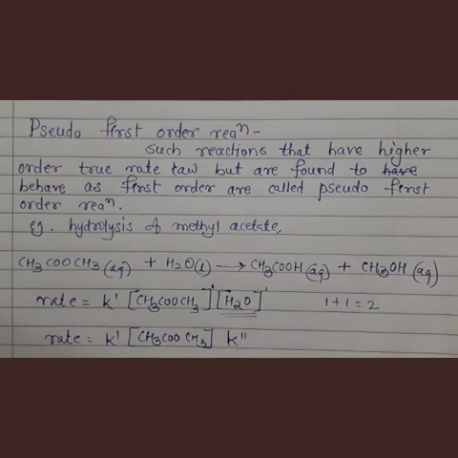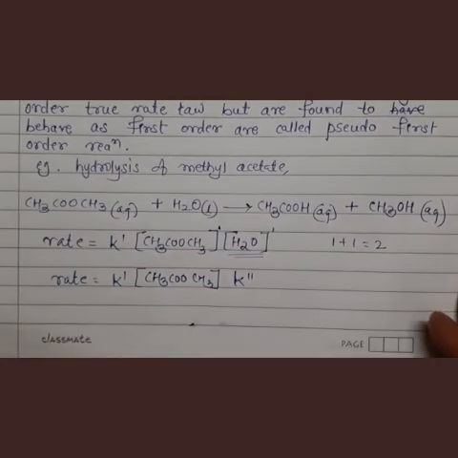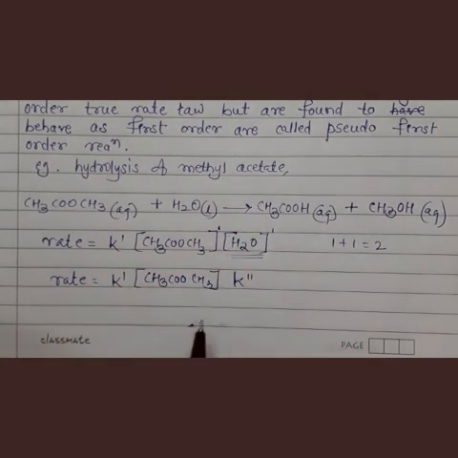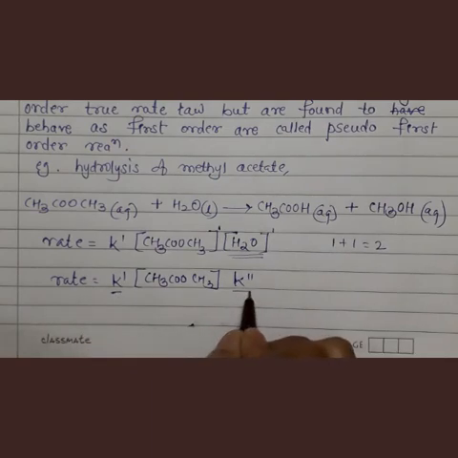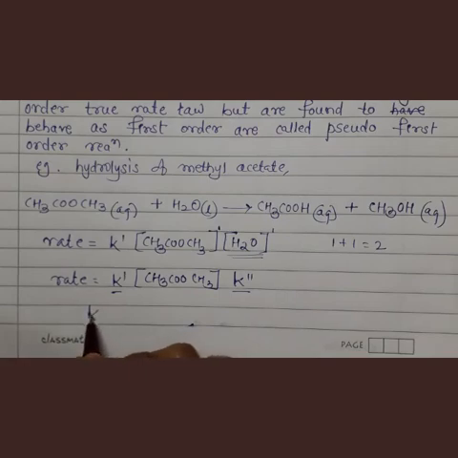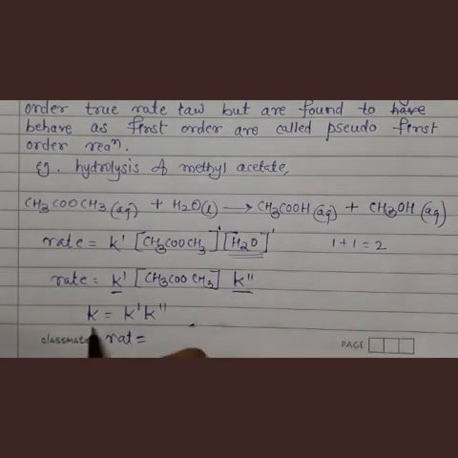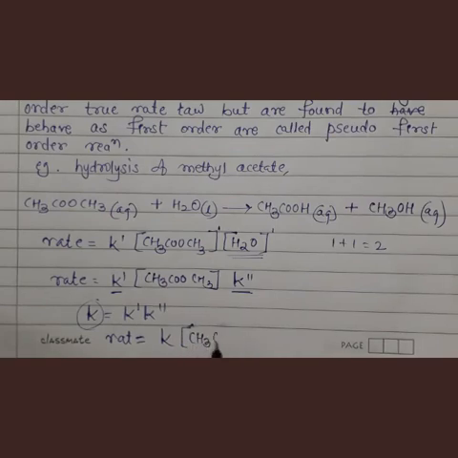So this is the rate law for this hydrolysis of methyl acetate. Now instead of K dash and K double dash we will write K, so K is equal to K dash into K double dash. So the rate law can be written as rate is equal to K concentration of